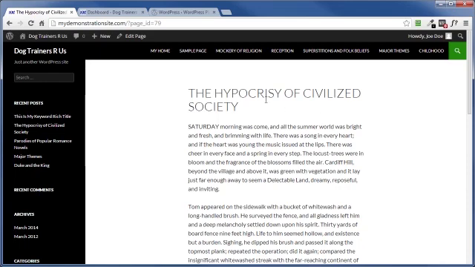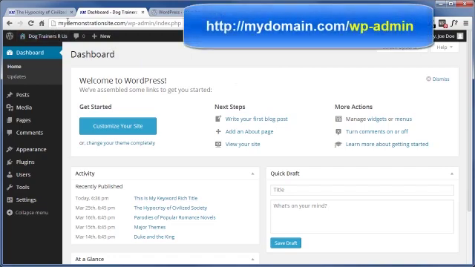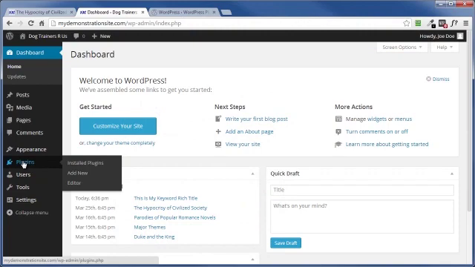Now to do this, we need to log into the dashboard area of our site, and I've already done that here. If you haven't done so before, just put the URL to your WordPress site up here in the address bar of your browser, follow that by a /wp-admin, hit enter, and then a box is going to pop up asking for your login credentials. Enter that stuff, log in, then come on over here to the left side of your main menu,